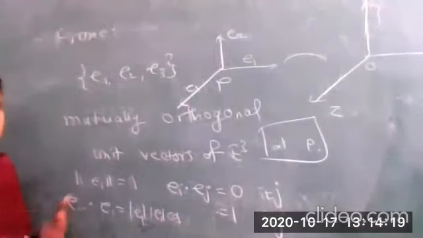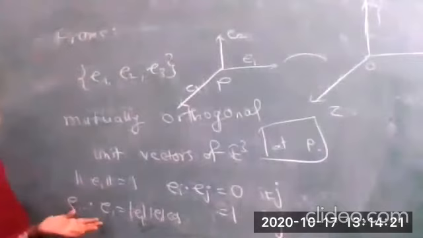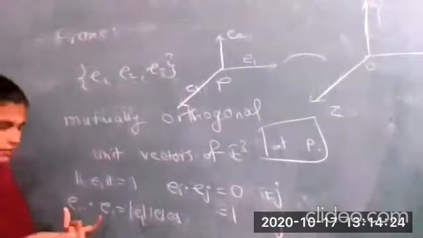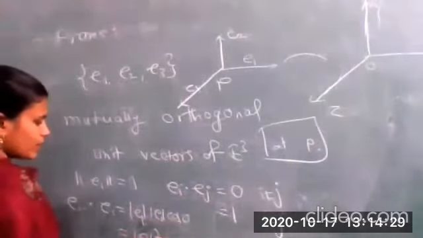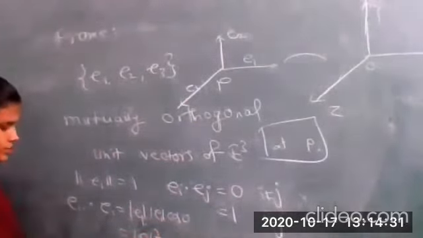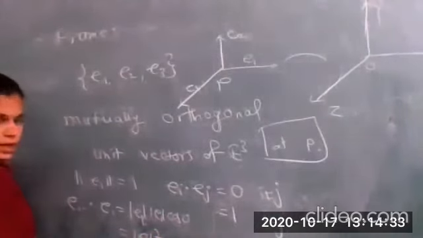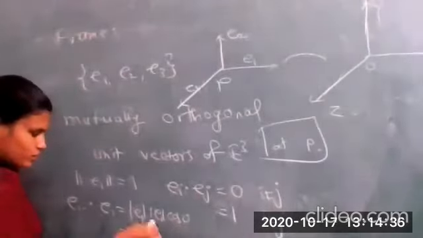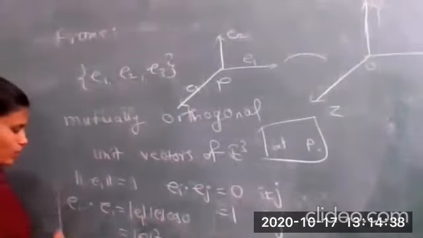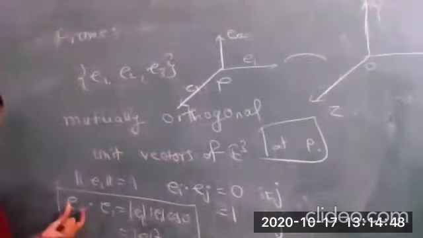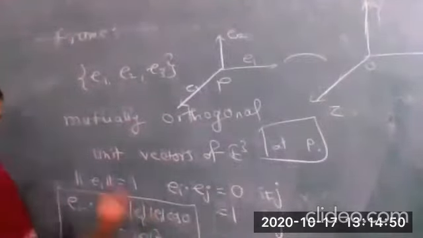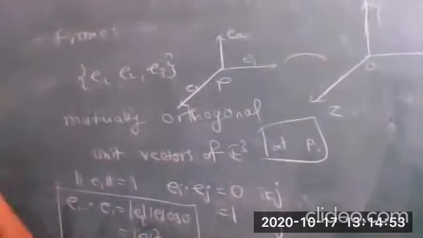E1, E1. These are the same vectors. So what is the angle made by E1 with E1 itself? It is 0. So we can have this as mod of E1 squared, cos 0 is 1. E1 is a unit vector, so obviously the modulus of this is equal to 1. We can generalize this concept: E1 dot E1 is 1, E2 dot E2 will be mod of E2 squared, E3 dot E3 will be mod of E3 squared.